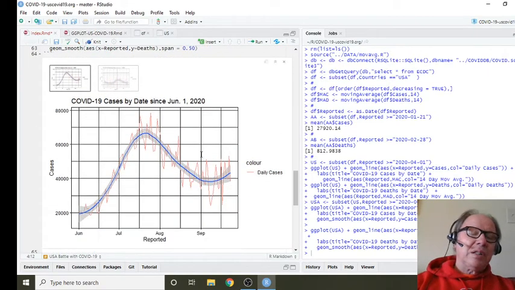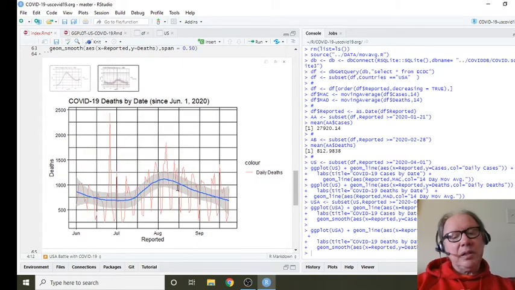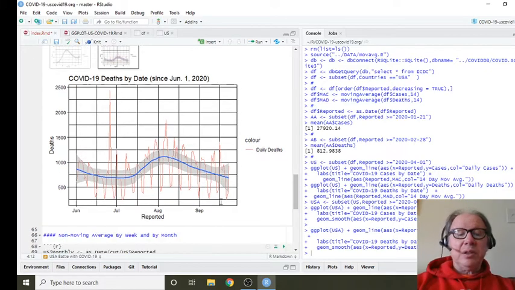First, let's take a look at a close-up of the current spike, which began in June. So you can see the cases are moving back up a little bit, but still staying well below this here. Deaths, you can see, despite the spikes, are still overall trending downwards. So that's good news.